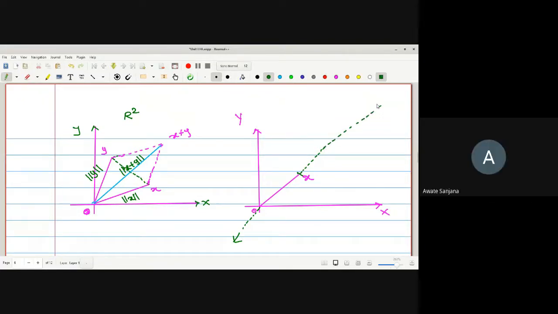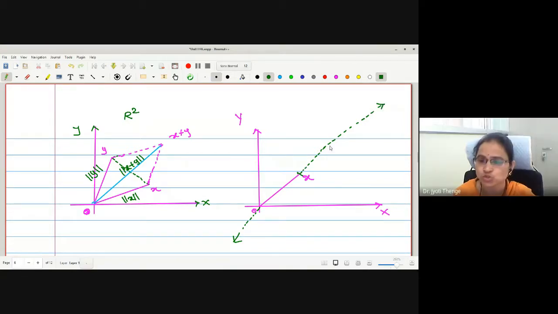X itself, right? If alpha is 2, where is the location? Here it is, twice the vector x, no? This is 2x, right? Somewhere here it is 3x, correct? These are the positions. And this is actually in the back: minus x, minus 2x and so on. It depends on the values of alpha, right?